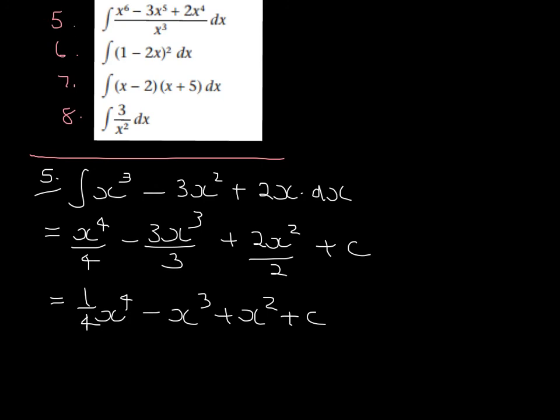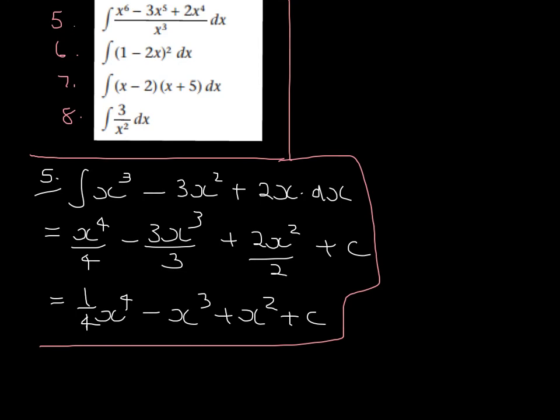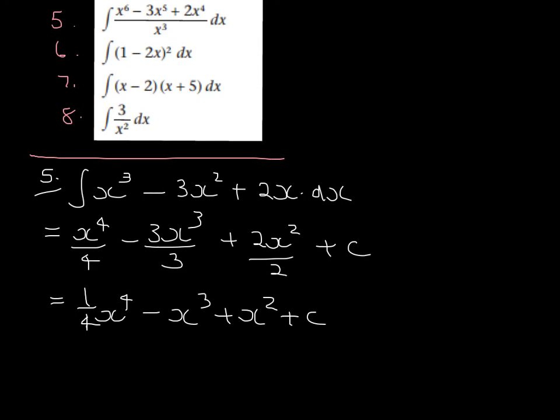I'm going to leave number 6 for a moment because that does require a special rule. Number 7, if we section that off, and we start with number 7. So there are no rules for products or for brackets to find primitives, so we just need to expand it out. So number 7,